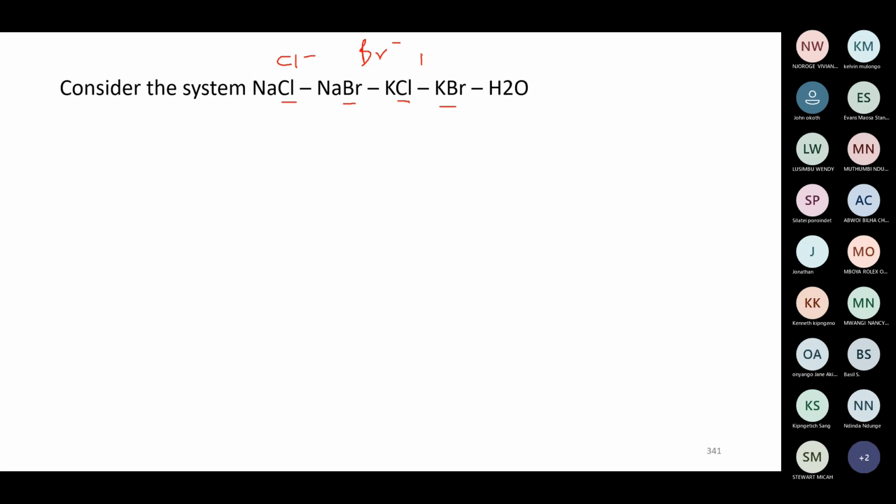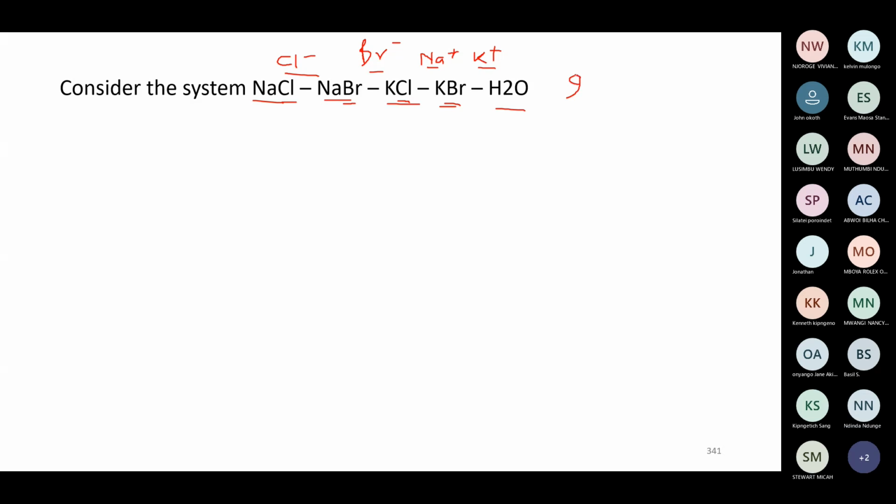And then we have sodium ion from these first two, and a potassium ion from these last two. So in real sense, for this system, we have how many species? We have 1, 2, 3, 4, 5, 6, 7, 8, 9. So we have 9